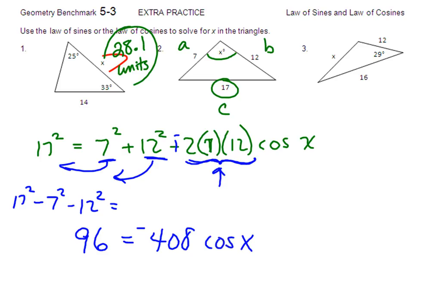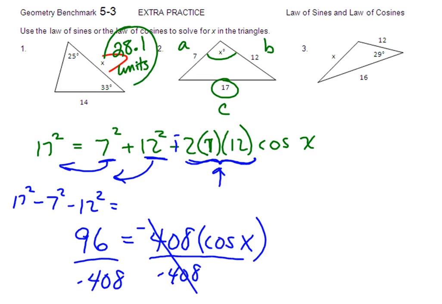Now at this point, this is a multiplication problem. So don't add 408 or something. You're going to divide. So divide by negative 408. We get some crazy decimal. Leave that decimal in your calculator and hit second cosine,